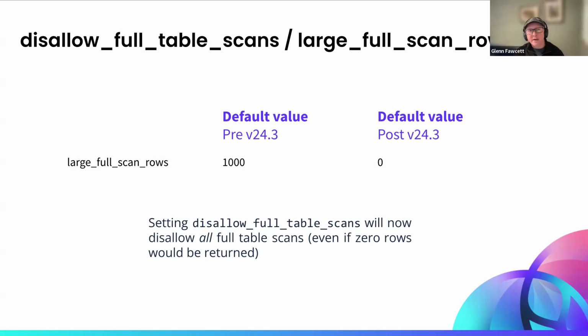I've used this quite a bit because you might have a lookup style table, and if you have 1,000 rows or 100 rows in a lookup table, a full scan is actually the best way to get at it, to be quite honest, because it's just one single little lookup.